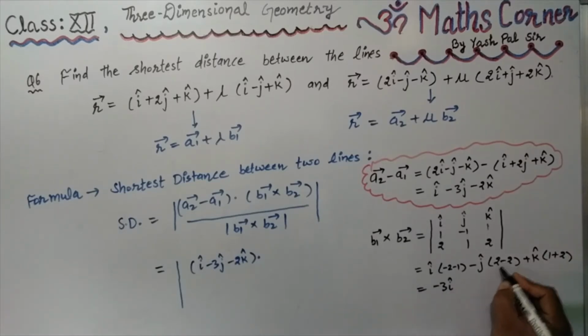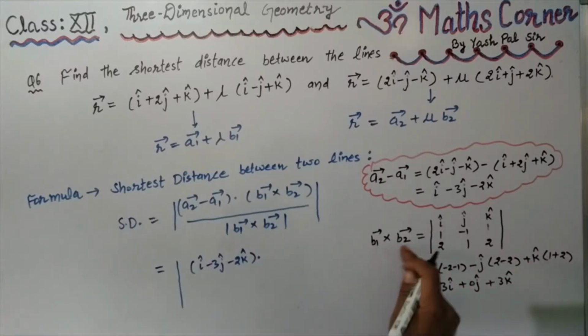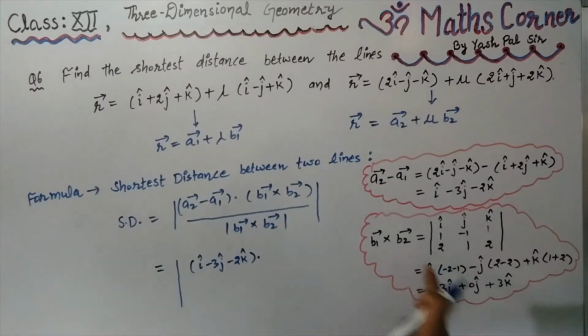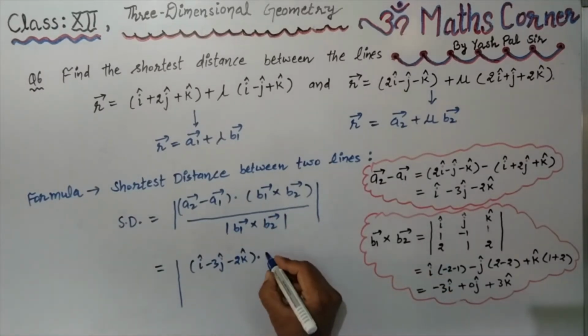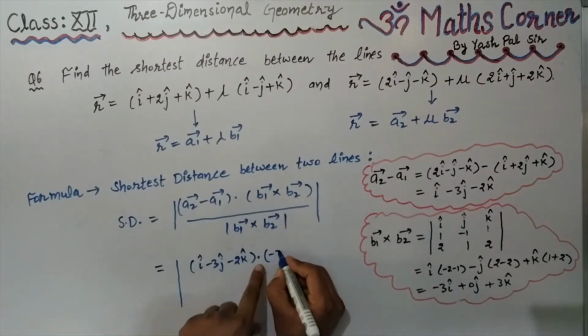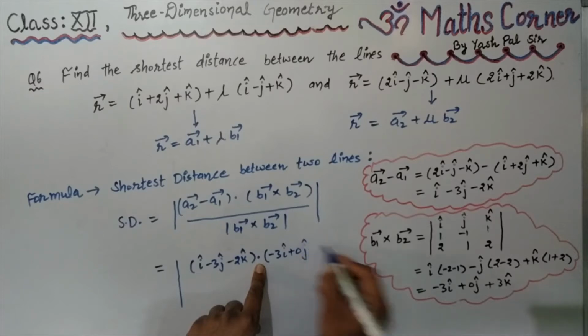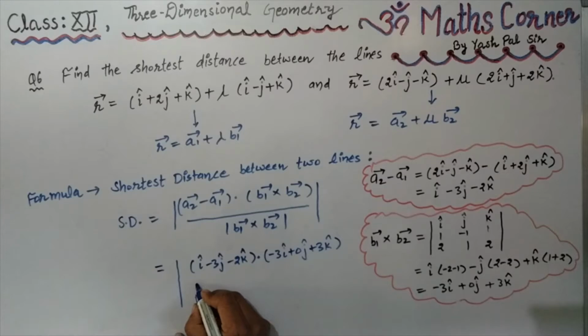So that means minus 3i, this is plus 0j, next is plus 3k. So the value of b1 cross b2 is substituted here in the formula: minus 3i plus 0j plus 3k,